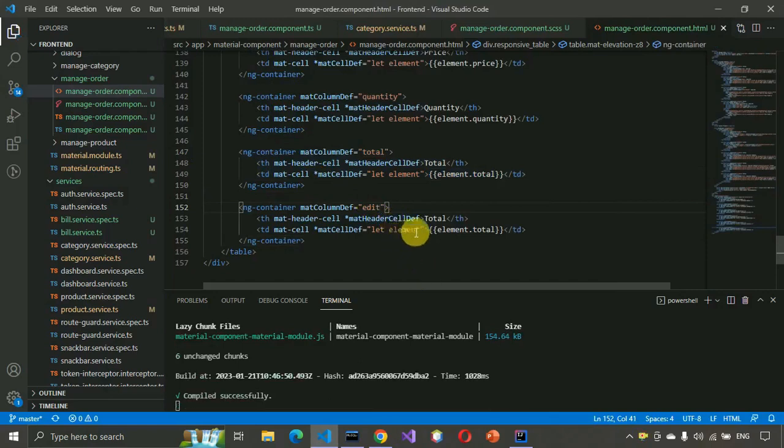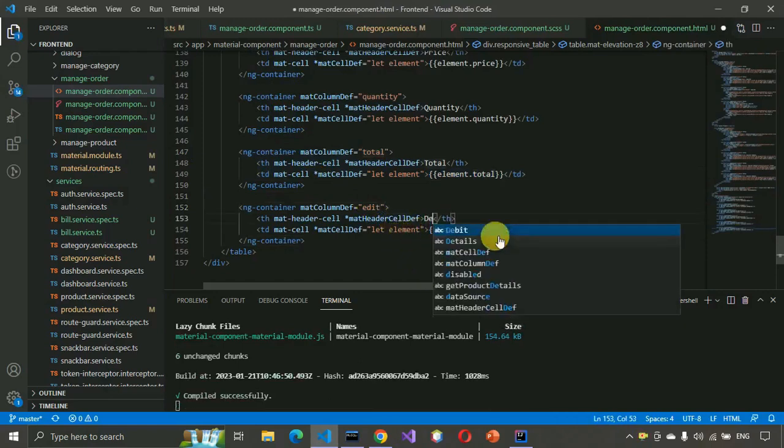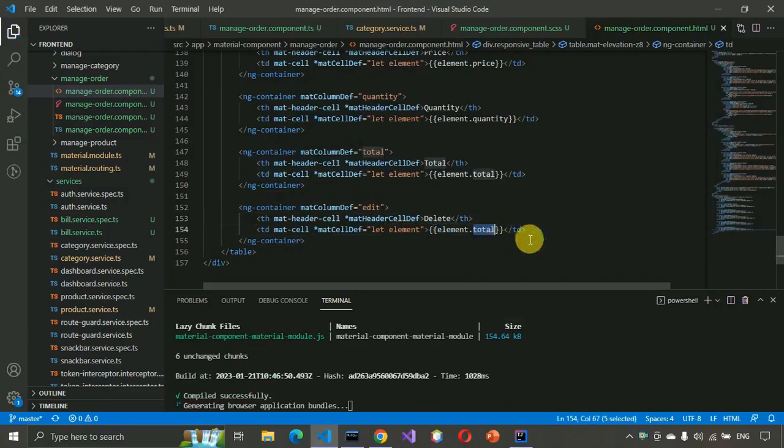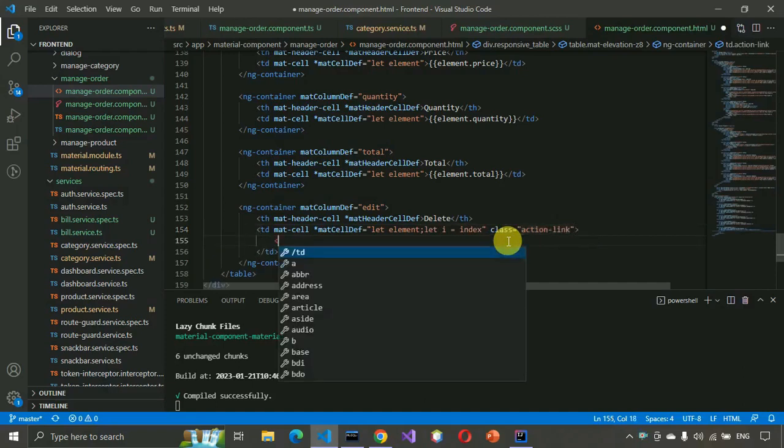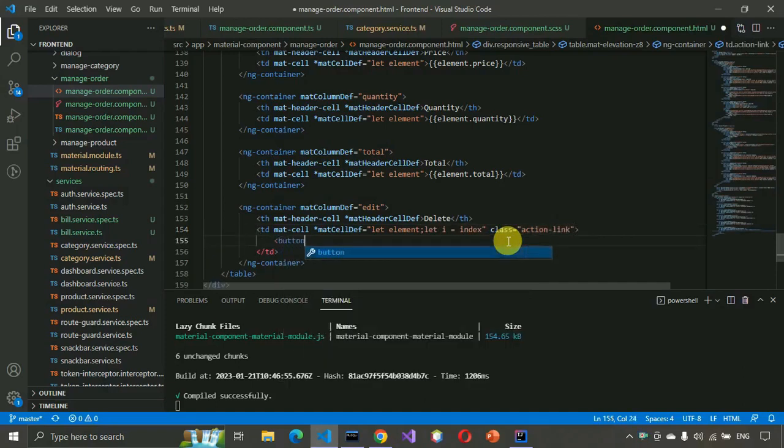and here mat header cell, this one will be for delete, and here we don't need this one element, this part, delete this one, and here we have to write let i equals index, and the class action link button